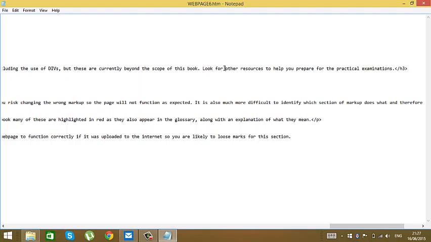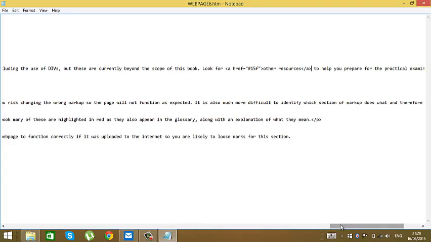After "for" we're going to put a href equals hashtag 15F, close, and after "other resources" we're going to close the a. After that everything is done.